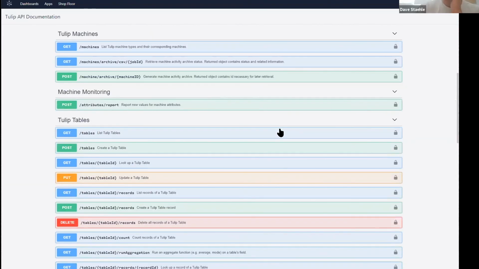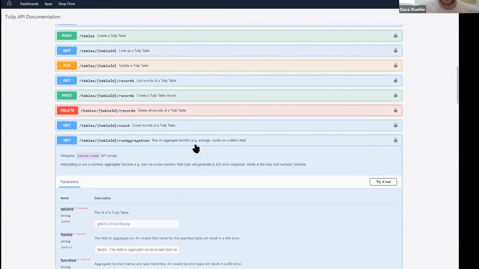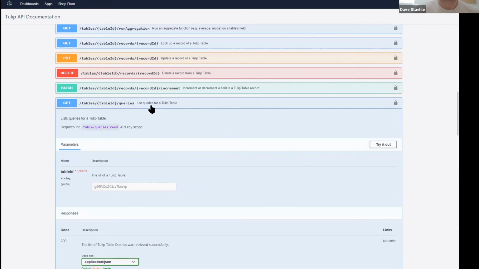Maybe I could put this as a product suggestion. I don't know if it's even feasible, but I've been using this stuff a lot recently. It's way better than building everything out; sometimes I still have to, but this has been a lot cooler. I can run an aggregate, which is cool, but I can't run a query. I can look up a query in a table and say this table has query A, but I can't run query A and then run an aggregation of that without actually having the app